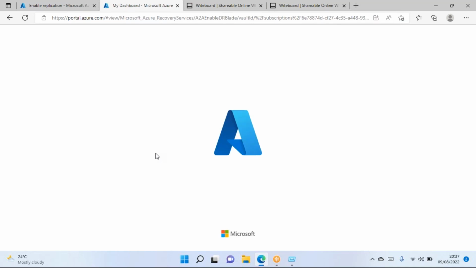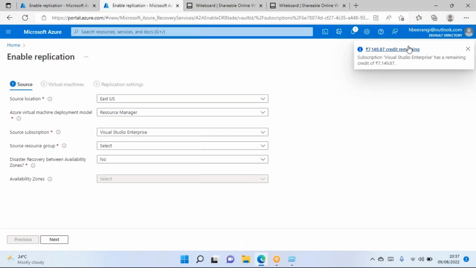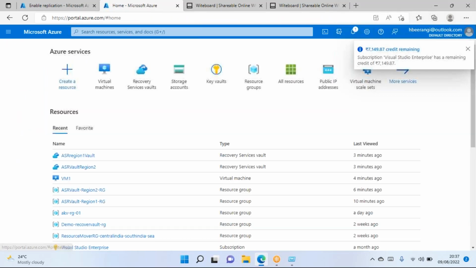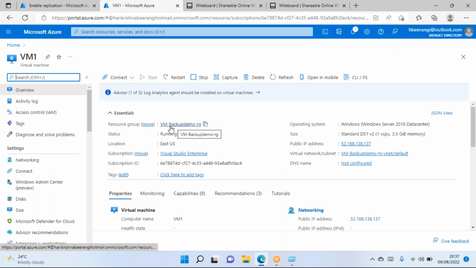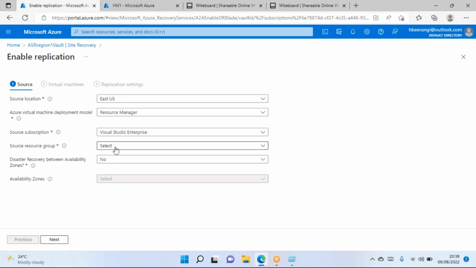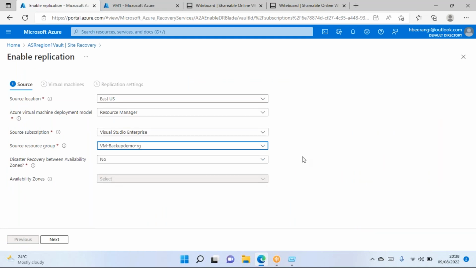So let me use a duplicate tab here. I'm going to this virtual machine to see the resource group where it got deployed. It is the VM backup demo resource group. So I need to choose where my virtual machine is hosted. So I'm going with the VM backup demo resource group. This is the one where my virtual machine is deployed. Now,